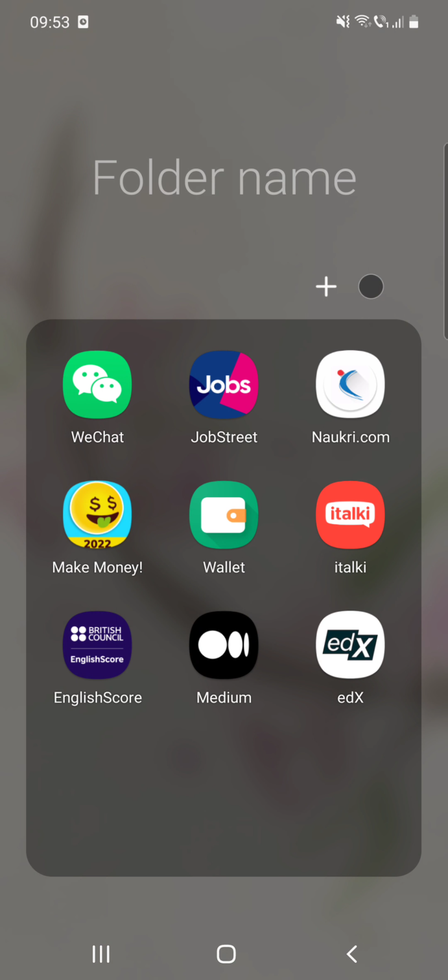Hello guys, in this video I'm going to show you how you can adjust balance on wallet, but first I